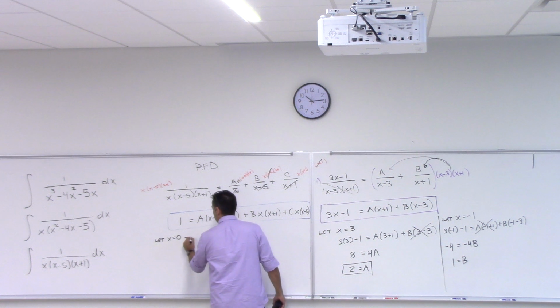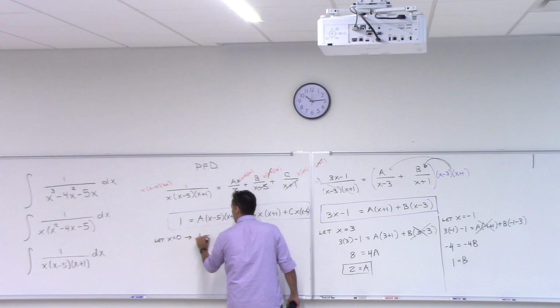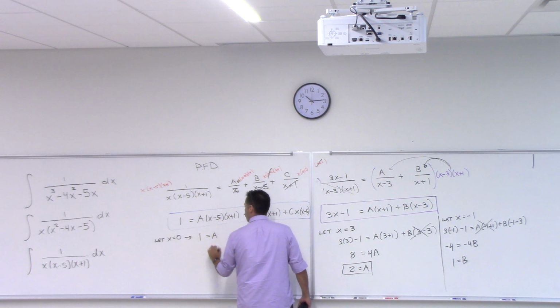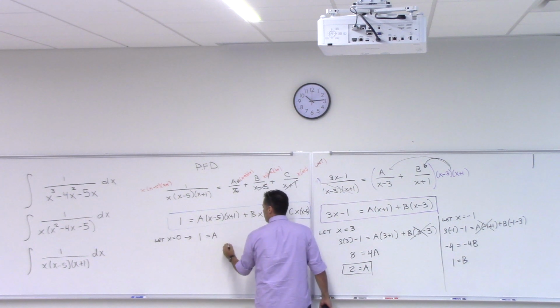Now when I let x be 0, the left side of the equation stays as a 1. That's still 1. And then a